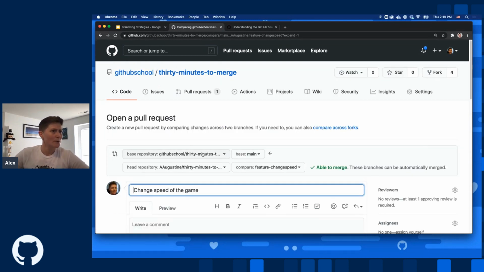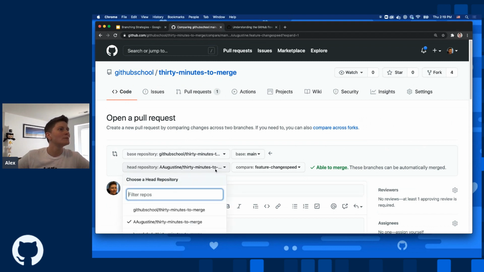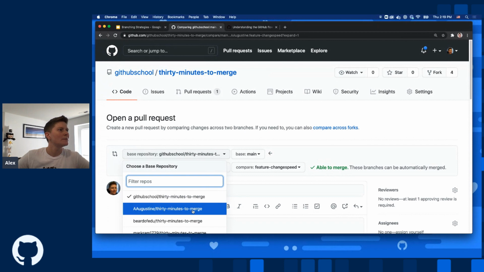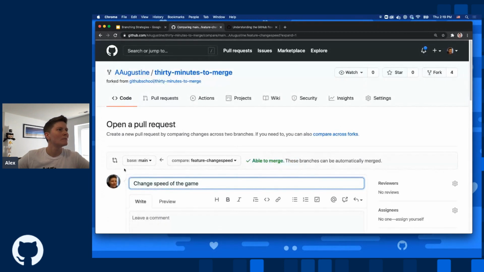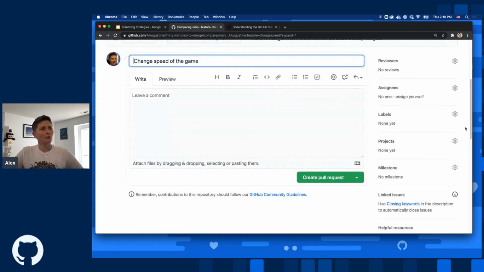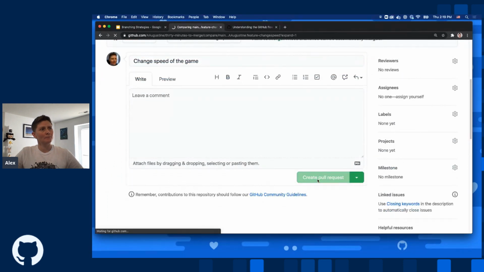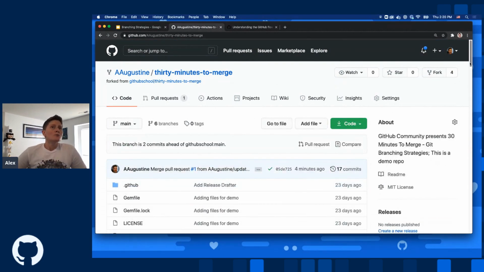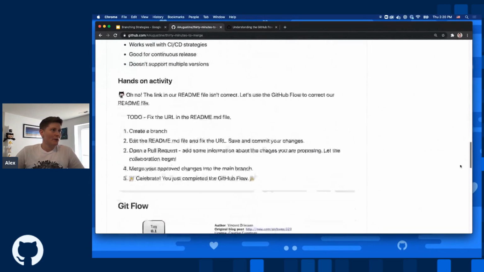Again, pay attention to where we're merging to. Okay, so if we just make sure that we point both of those to our local repository, that we're making a pull request into our own repository, change speed of the game, we can go ahead and create a pull request there. All right. So we'll let that hang out and marinate a bit while we come down